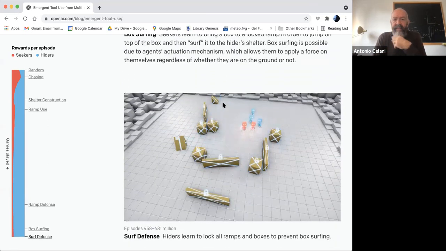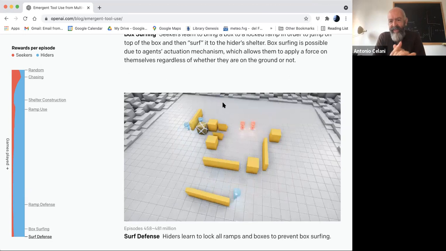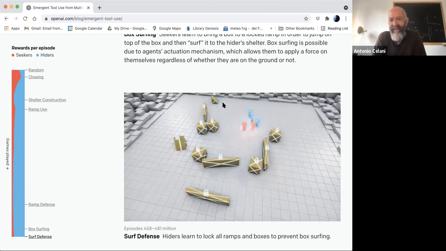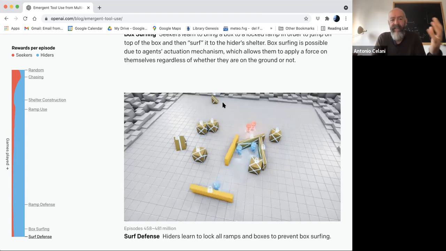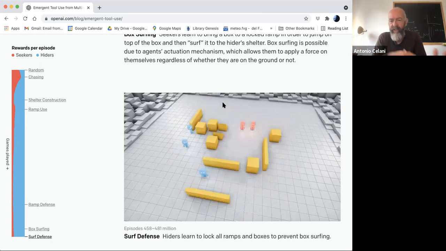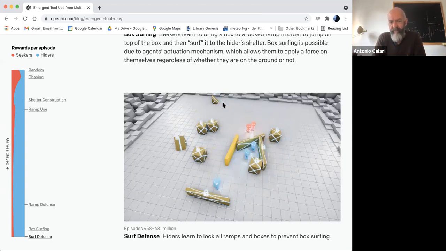Then, finally, the hiders learned that they have to lock everything, including the boxes, and then, of course, fine. Okay. But you see that this solution has come after several rounds of competition. And the idea is that these solutions without this competition would not have emerged. So in the process of doing this,